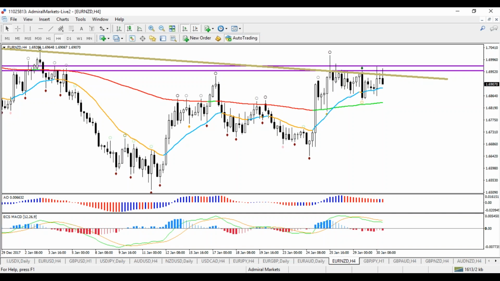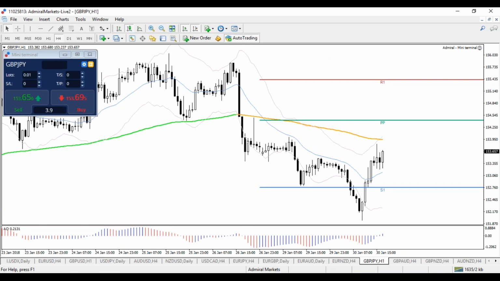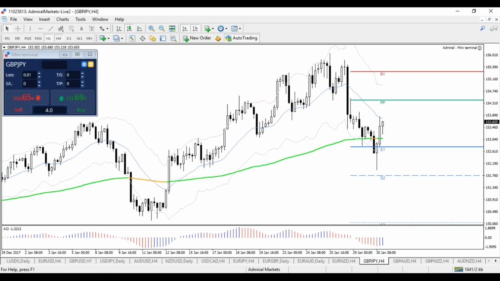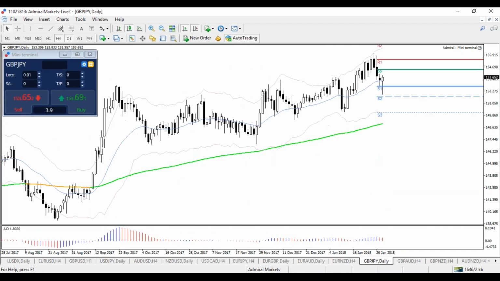Euro New Zealand, Euro Aussie, I would add to my watch list, but on a higher time frame, the daily chart for the moment, and add it to the watch list that already has euro dollar and pound dollar on it. Great. Let's see. Pound yen